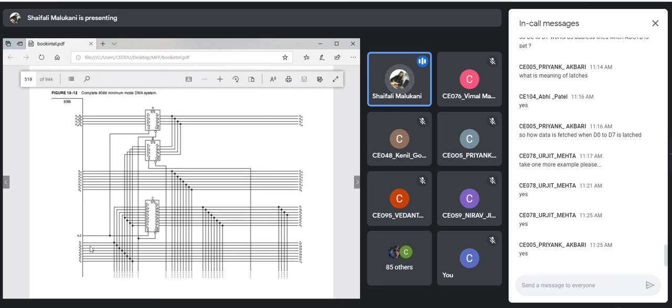Okay, great. Now, suppose I assume that this is also enabled, this is also enabled, right? This latch you have studied in your DDC course. Suppose I assume that this was not acting here, so this latch was simply controlled by this ALE. Whenever ALE is 1, this will act as an address line. When ALE is 0, it will act as a data line. Simple, right? ALE is the line of 8086.